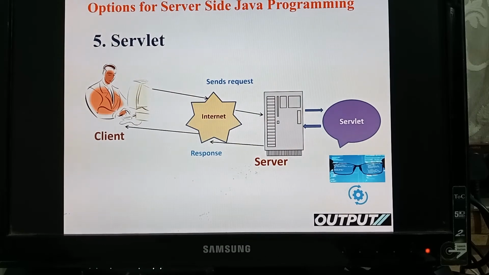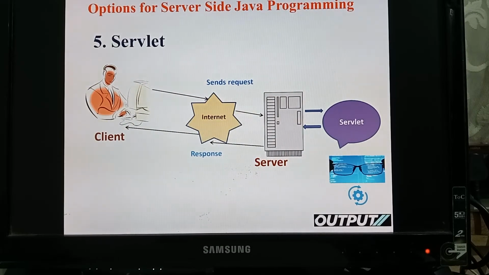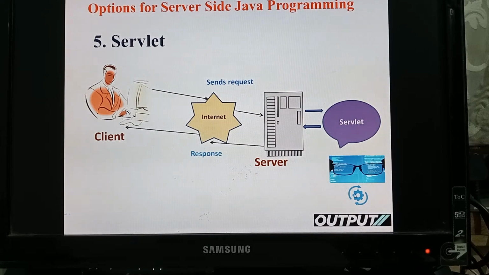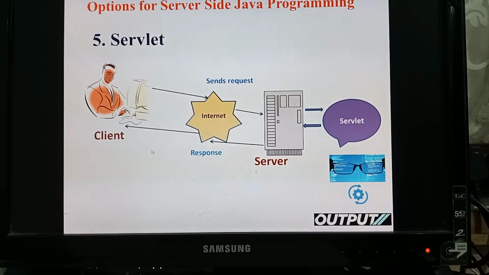incoming client requests. So whenever a client sends a request via the internet to the server, this servlet program will be performing three tasks. It has to read the client input request, process the input and generate the output, and only the output will be sent back to the client. So all the downloading issues and browser compatibility issues were resolved as only static output is getting sent back to the